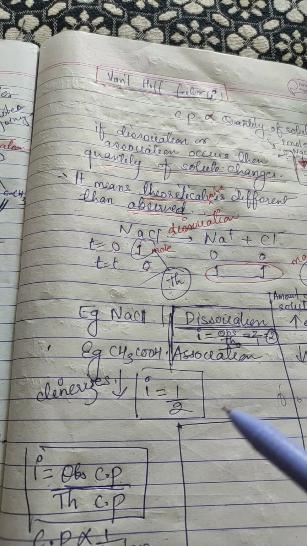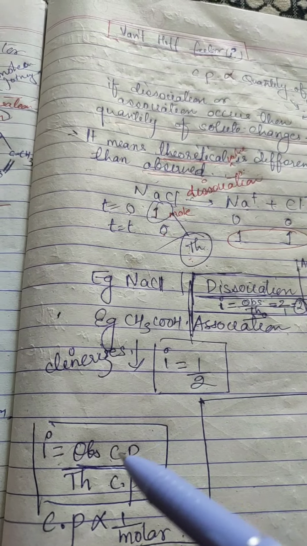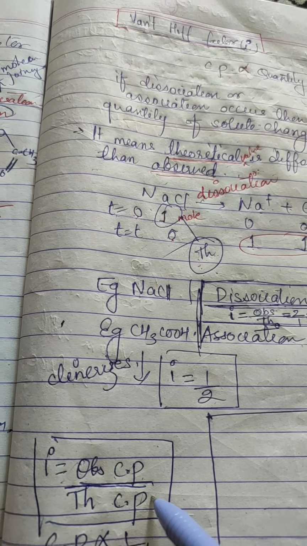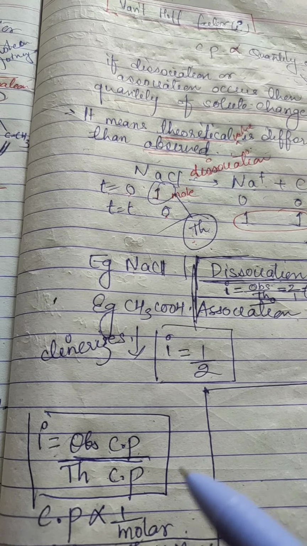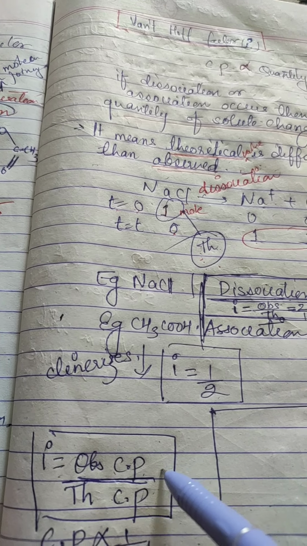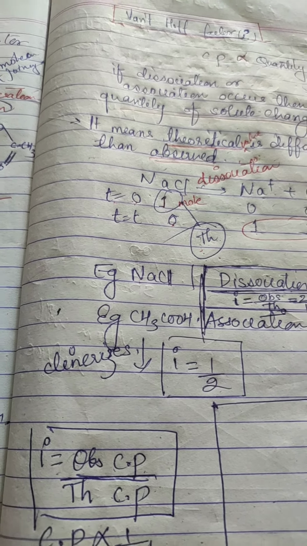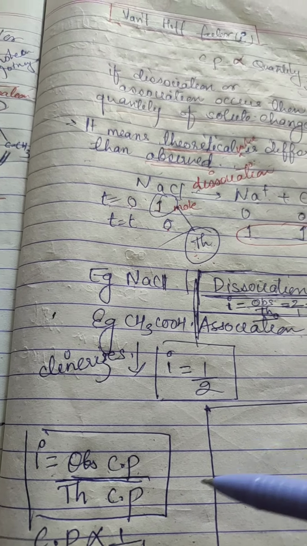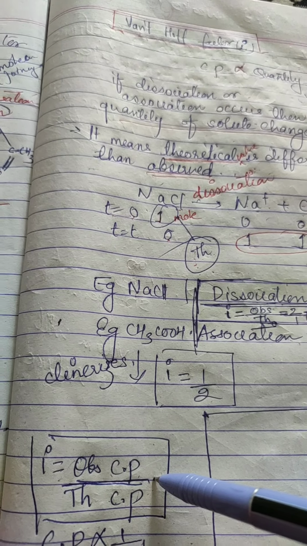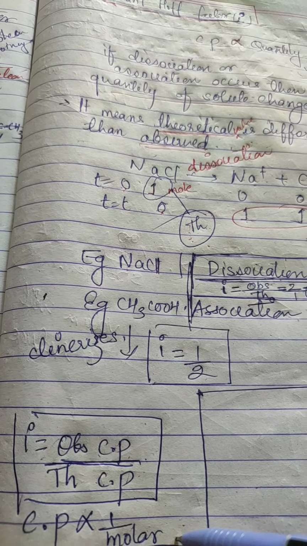हाँ, so students, what we were discussing, we had discussed this table. Okay, so now observed colligative property upon theoretical colligative property. I क्या है? Observed upon theoretical colligative property. Understood? So अगर इसको मोलार मास की लैंग्वेज में बात किया जाए, if we'll talk about molar mass, तो molar mass is what? Molar mass is inversely proportional to colligative property. You know, colligative property is inversely proportional to molar mass.